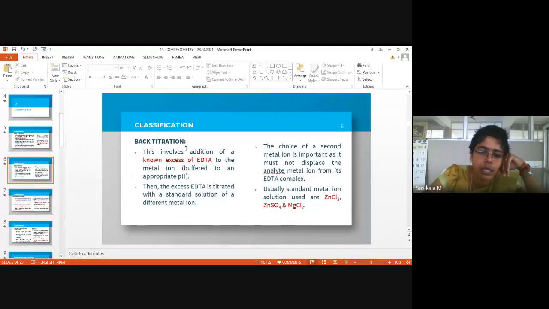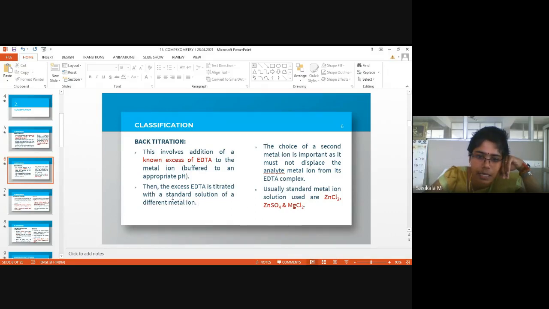with the metal ion. At that particular pH, as I have said already, a basic buffer, that is ammonia buffer, will be added so that the pH will be maintained around 11, a basic pH. At that pH, EDTA solution is added to the metal ion in the conical flask itself. So the metal EDTA complex is formed in the conical flask itself. Once all the metal ion reacts with EDTA, once the complex is formed completely with the metal ion, excess EDTA will be there, right? Remaining EDTA, free EDTA, that will be titrated with another metal ion solution.